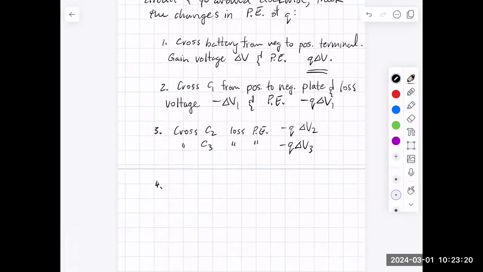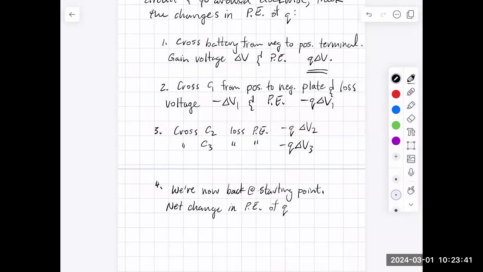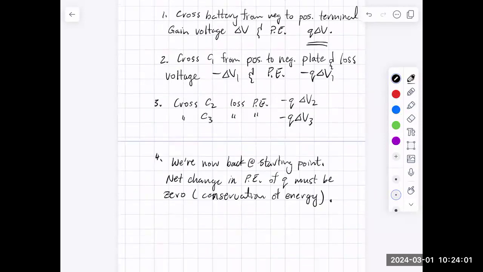So 4 is we're now back at our starting point. The net change in potential energy of our charge Q must be 0. That's just conservation of energy. So what we're really doing is we're applying conservation of energy right now. Okay, well, let's just add up all these changes in potential that we tracked, and we'll just force it to